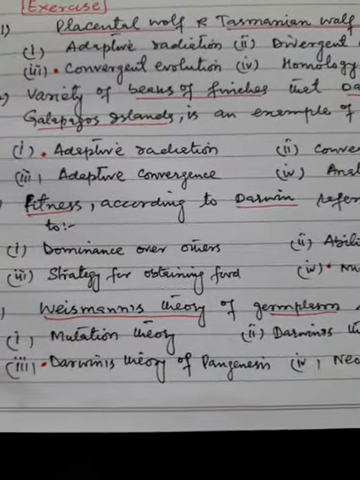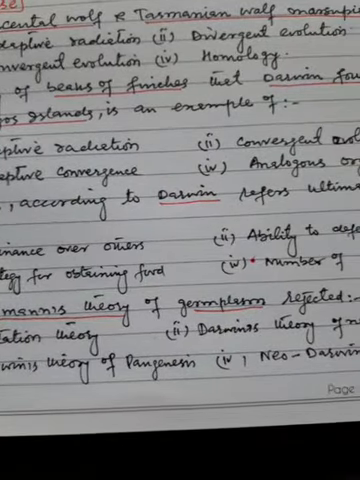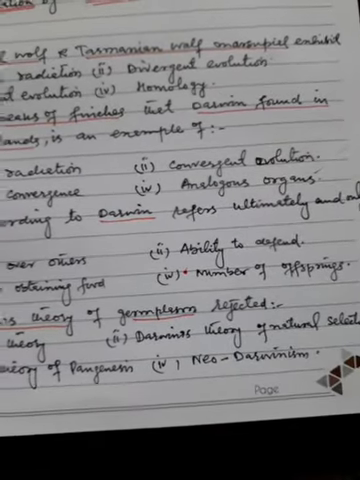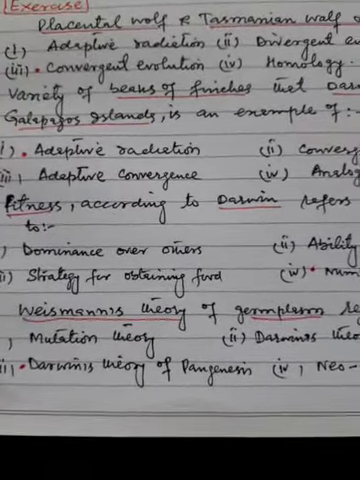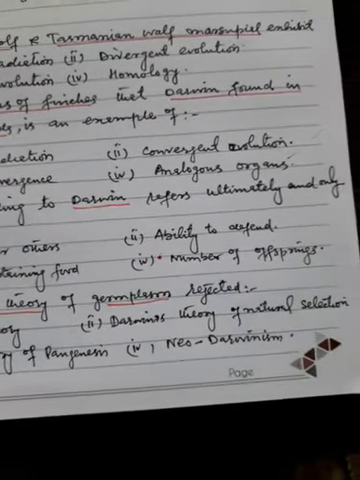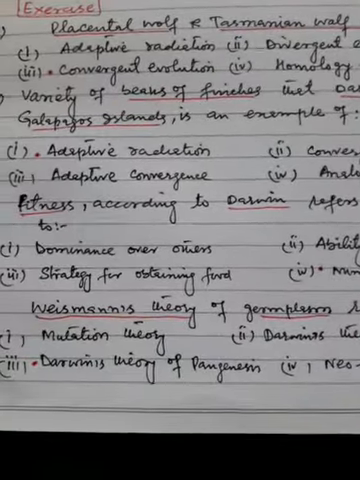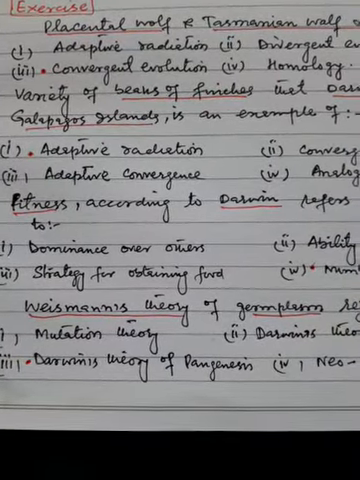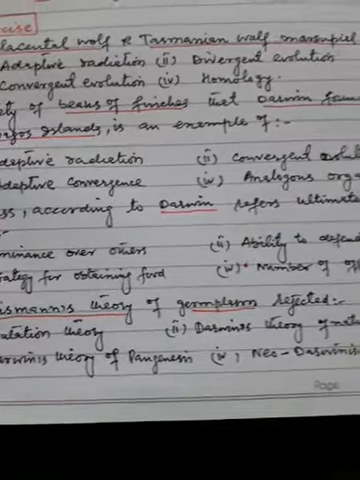Fourth question. Weismann's theory of germplasm rejected: first option, mutation theory; second option, Darwin's theory of natural selection; third option, Darwin's theory of pangenesis;